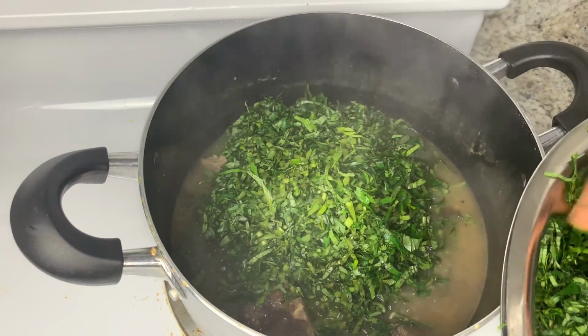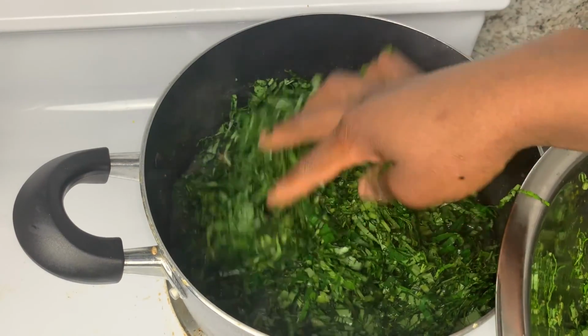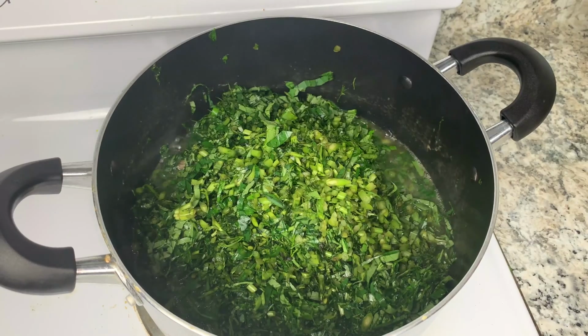I'll be adding my potato grains to the pot right now, because I need the dry bone and the goat meat to cook longer because I want it to be soft. I don't want it hard. Add your potato grains to the pot,